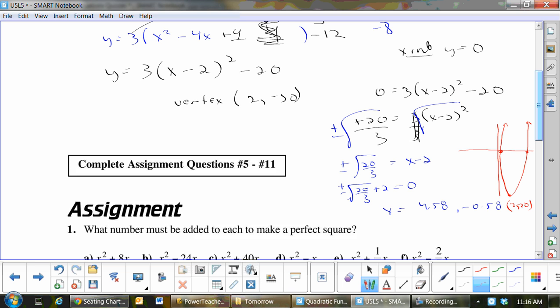Oops. No, that's not right. What am I doing? Negative 0.58 would be over here. And say negative 20 would be over here. Or negative 0.58 and 4.58. Okay? That's what my graph would look like. I can do that all from the perfect square form. With ax squared plus bx plus c, I can't do any of this. I can do a, that's the stretch factor, but